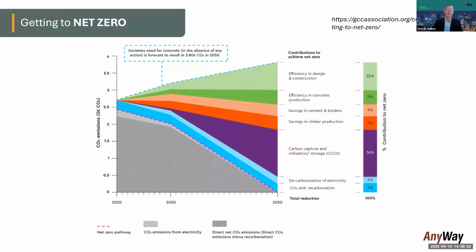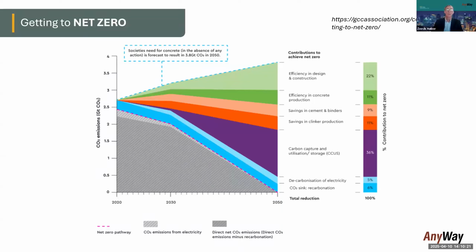This is actually what has led us to looking at what we want to develop here. What is the technology that we think could be useful and could meet almost all these goals and targets that the industry has set for itself? If you look at this diagram, you will notice on the right-hand side those elements that the industry holds as those that will contribute to achieving the goal of carbon neutrality by 2050.